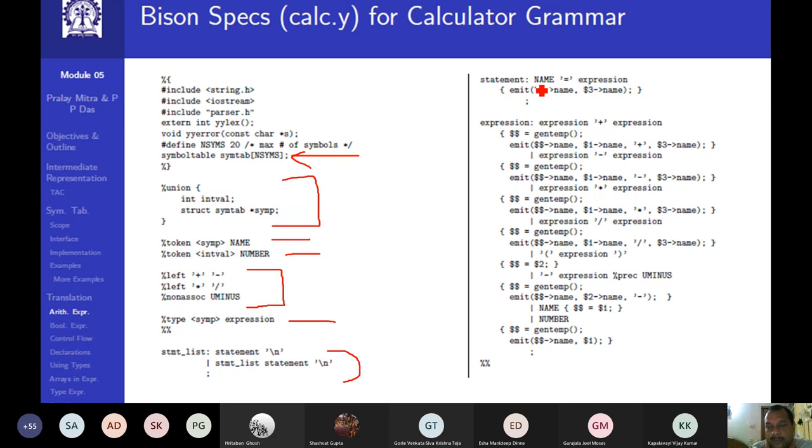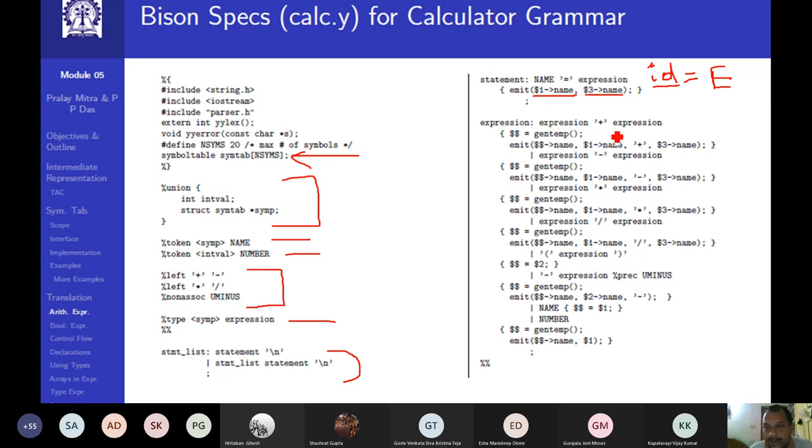Now it starts from here. When name, basically it is id equals to expression. So if it is the situation, then you remember emit was just a copy statement. So $1 pointer to name equals to $3 pointer to name. I will emit that information. And for that you remember that since id location is already there, I need not generate any temporary variable. But for production rules addition, multiplication, subtraction and division, I need to generate the